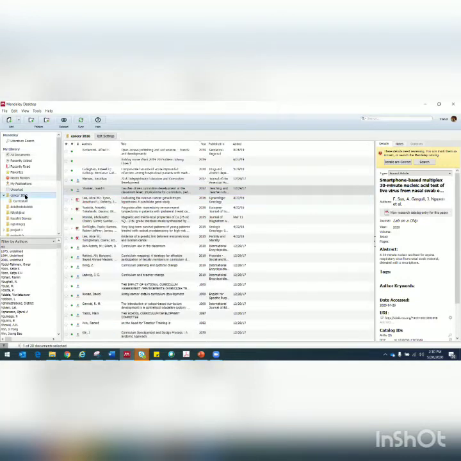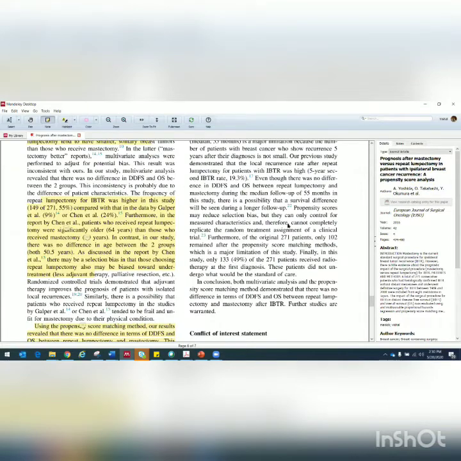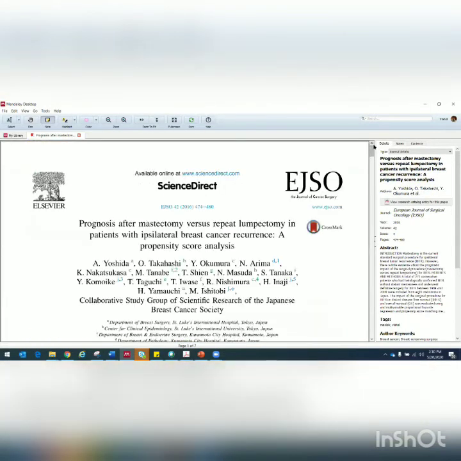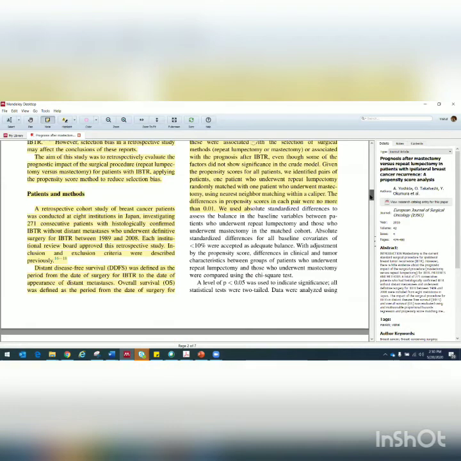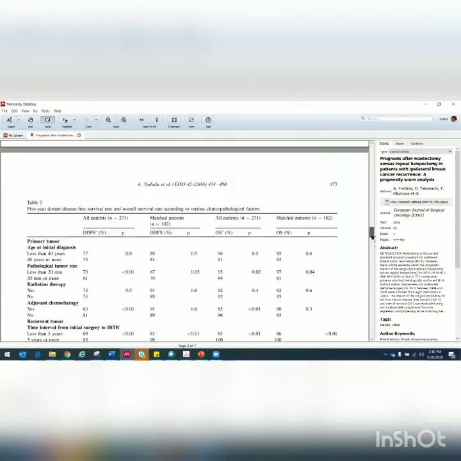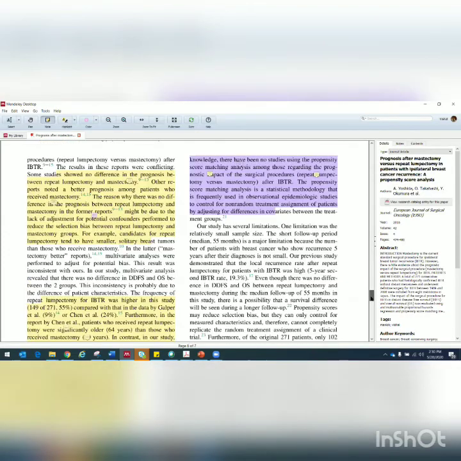Let us open a document and show you how a document actually looks. So let's say I open this document, right? It will open up like this. Now on this page, you see there is a lot of highlighting and notes that has been done. Now you might be thinking how you can do this.